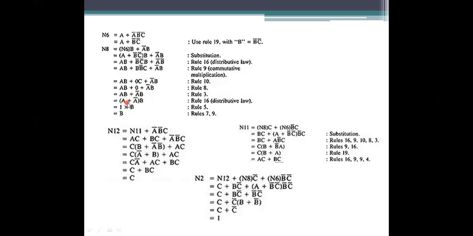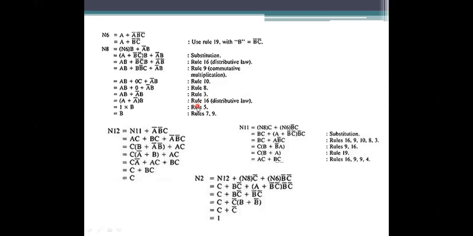What we need to do? We need to take B as common: A plus A bar into B. What is A plus A bar's value here? 1, which is using rule 5. So what is rule 5? That is, we need to take the addition of the truth values here. 1 into B, rule 5 is 1 into B. By using rule 5, we are getting 1 into B. And here we are not having the 1 into B value. What we are having is A into 1.